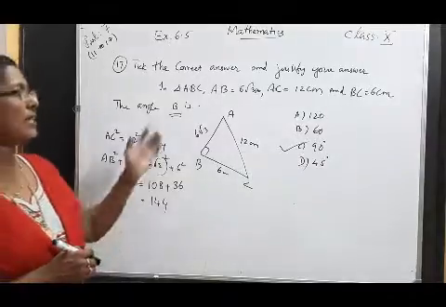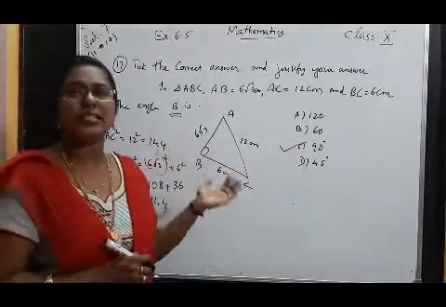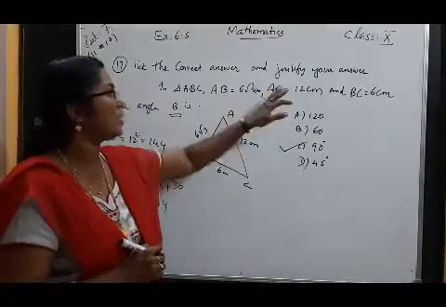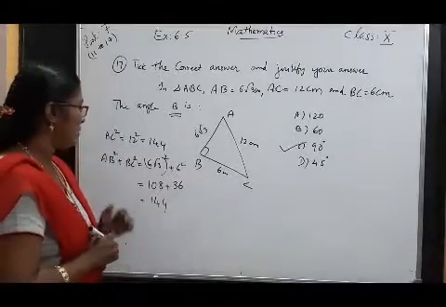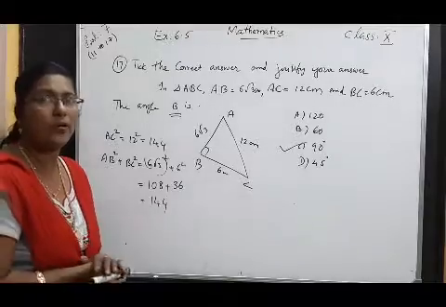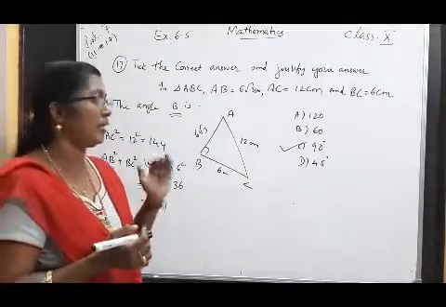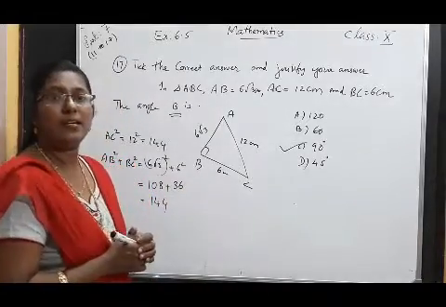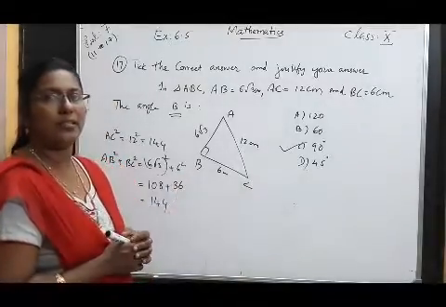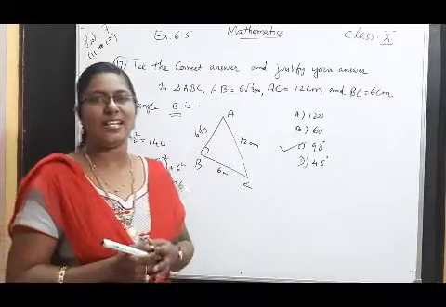Okay. If the three sides are given, first of all, check whether it is a right angle or not. First of all, find the square of the larger side. Then after that, the sum of the squares of the smaller two. If it is equal, you can conclude it is a right angle triangle. Then how do we find the 90 degree angle? The angle opposite the larger side is 90 degrees. Okay, clear? Now I have completed all the questions from this exercise.